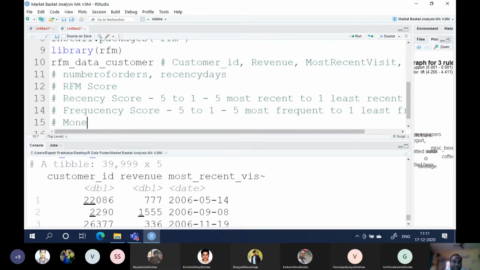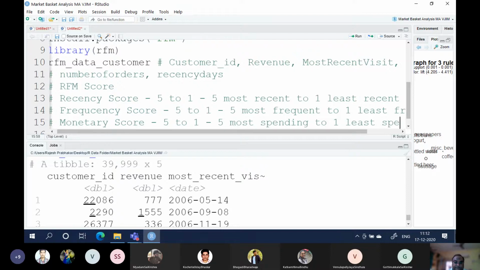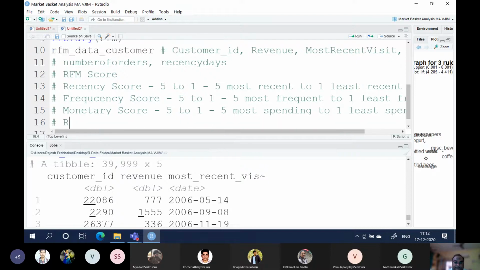Similarly, the monetary score is again 5 to 1, 5 for most spending, 1 for least spend. And finally, it will concatenate the RFM score. RFM score is a concatenation of all three scores above.